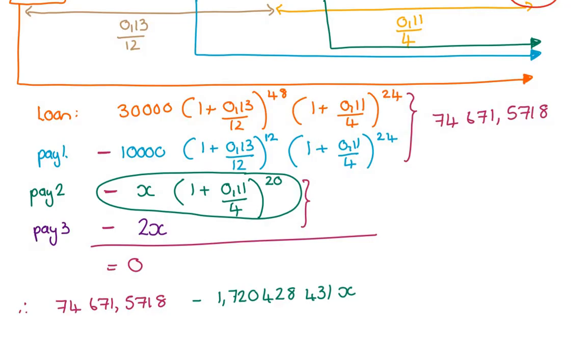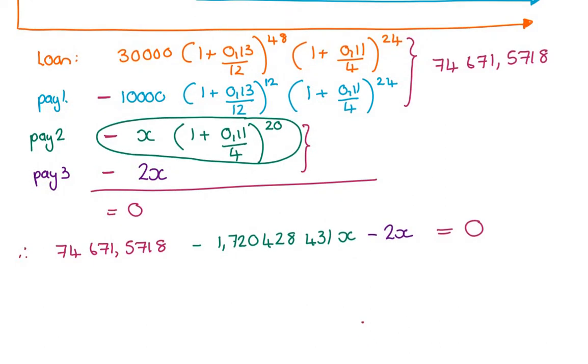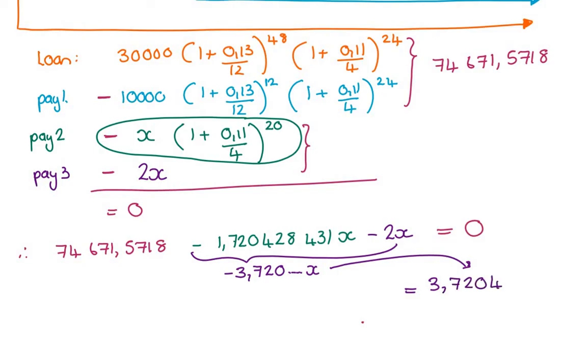And then my last term is just minus 2x. Now I'm arguing that calculation has to equal 0, because my balance of my loan is nothing. So now this basically becomes like an equation. I can add these two together because they're like terms. So this gets me minus 3.720428431 x. So I'm going to take that to the other side of the equation to make it positive, so I get 3.720428431 x